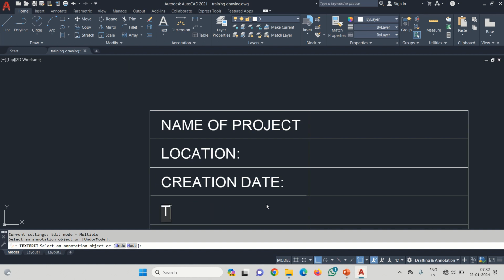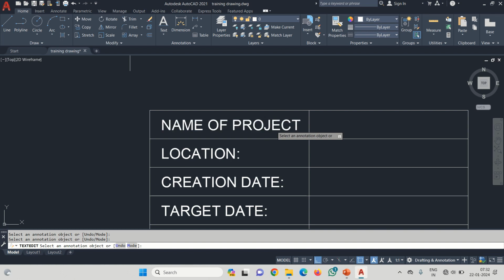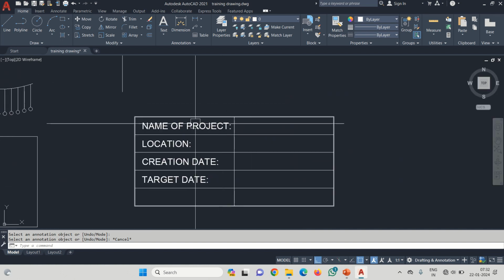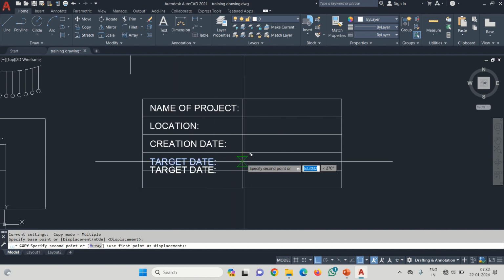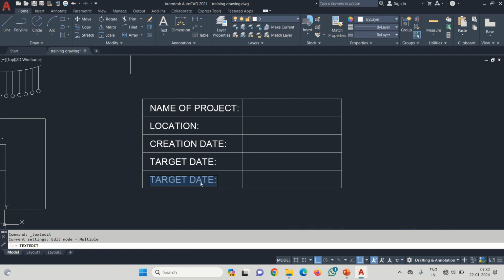We'll put target date. This is just a small example. I'll put first of a year also. Now after target date, we have one more tab, so we can take one more tab and put